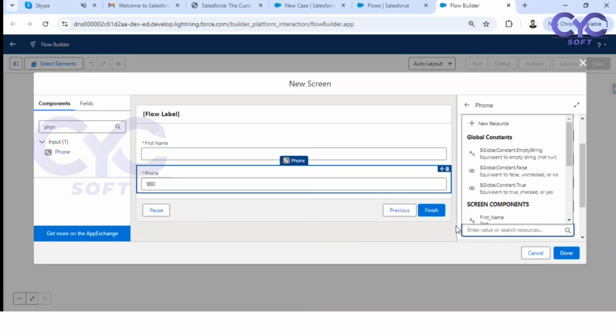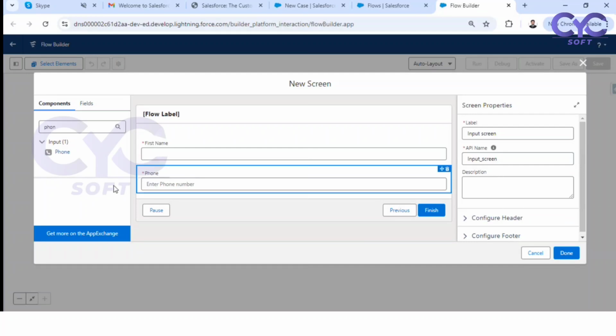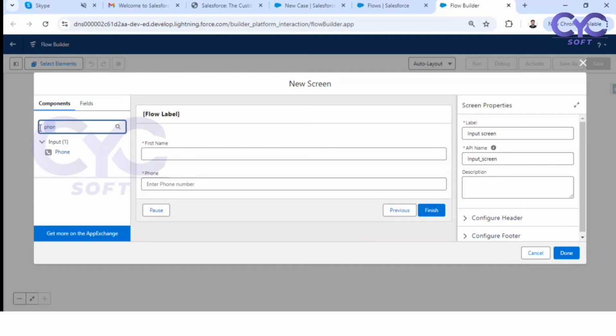Okay. So explore all these options, whatever you have there. And I'm giving another field. Whenever you are creating any field in any object, you have particular data types. You create the data types, you place them in a page layout, in a detail page, and you use them while creating any record. Here it is the same in flows, but there is no need to create data types. The data types are already there in this input element. Just drag and drop these